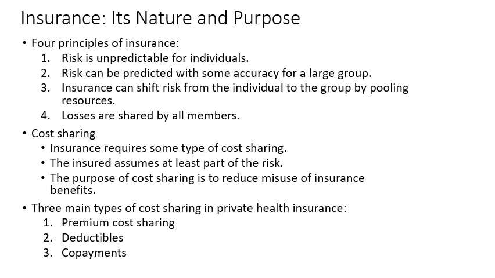Insurance can shift risk from the individual to the group by pooling resources. So what this means is you may have a group with people of various ages, from their early 20s to maybe their 60s. Older adults would need to go to the doctor more often or have more medications, versus those in their 20s and 30s who are healthy. So when you have a pool of people with various ages and also sex, one outweighs the other, so it kind of evens up.